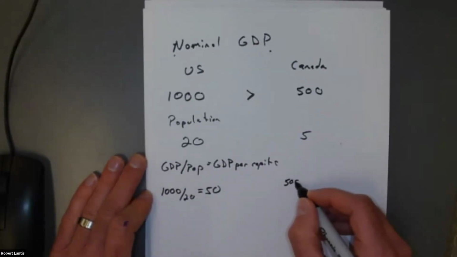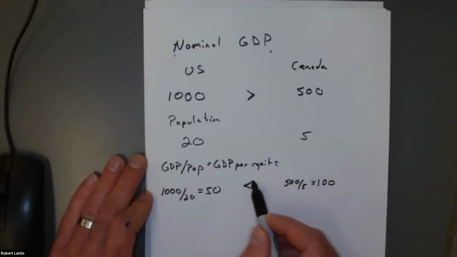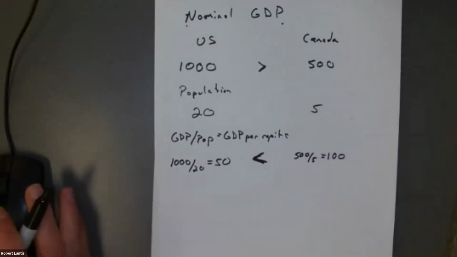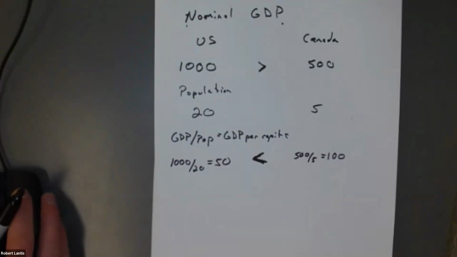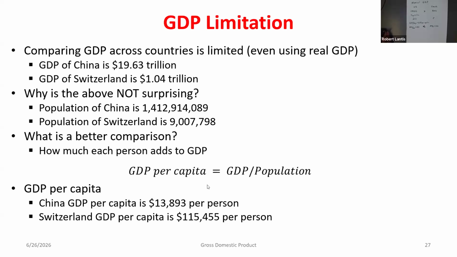And then for Canada, I get 100. Well, then here it looks like using GDP per capita, the country that actually has a stronger economy is Canada. Okay. So just another example with some more simple numbers, but I'm using these for a reason because we're then going to talk about